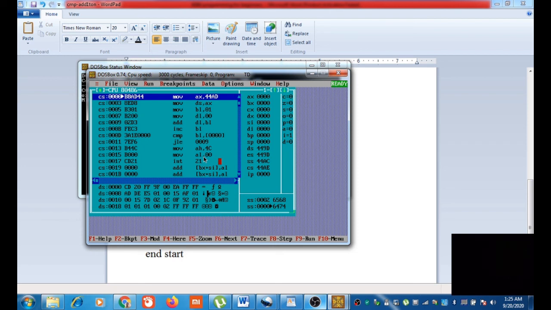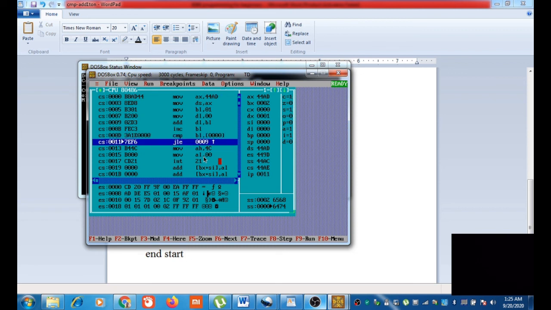MOV AX, my data, MOV DS, AX. Then after that, the statements related to our task come. BL is initialized to 1. DL, where we expect the sum, is now 0. And ADD DL, BL. See the change in the DL register. It has become 1. Then we are incrementing BL. BL was 1 and has become 2. Then comparing BL with N.